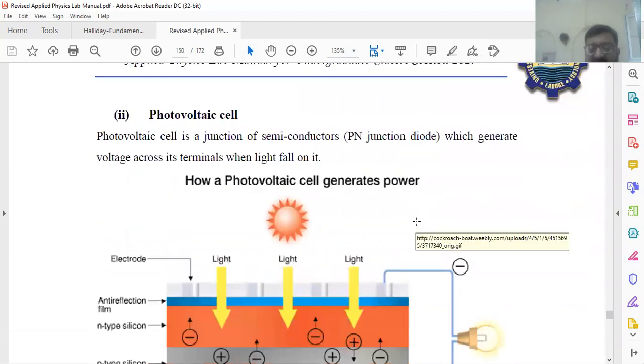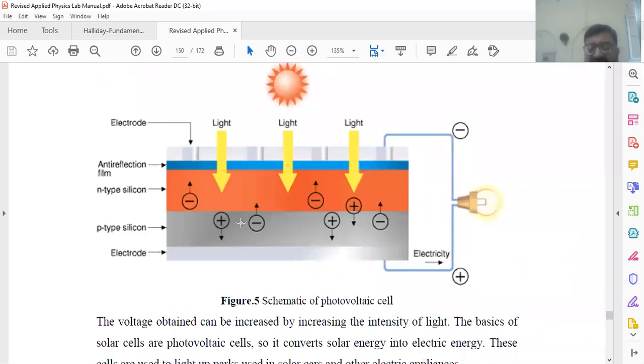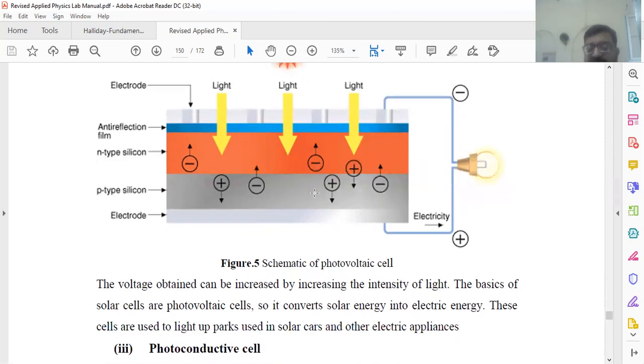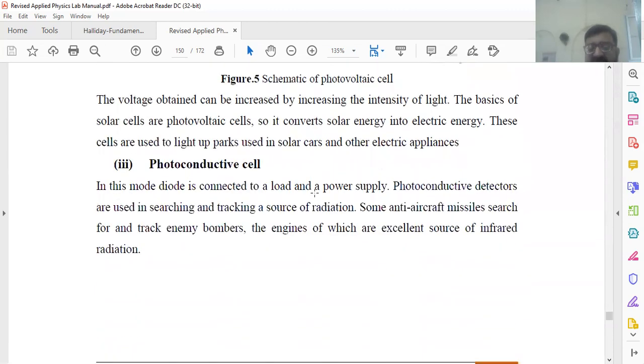Another type of cell is the photovoltaic cell. In a photovoltaic cell, PN junction material is mainly used, as shown in the diagram, and there are layers of electrode material on the N-type, P-type silicon or any diode material. When light falls on the material, it is absorbed, and then current flows through the circuit without any battery. So the potential difference of the junction is used as a battery in this case. We provide the biasing for the electrons.